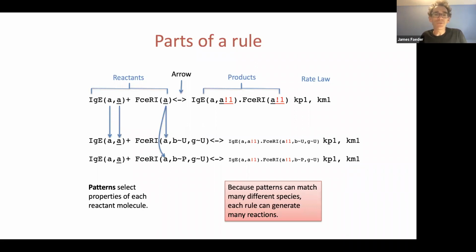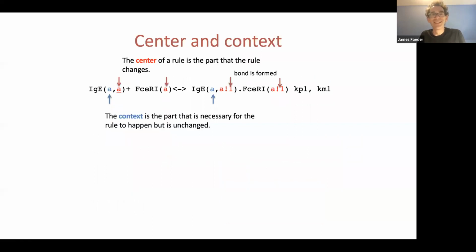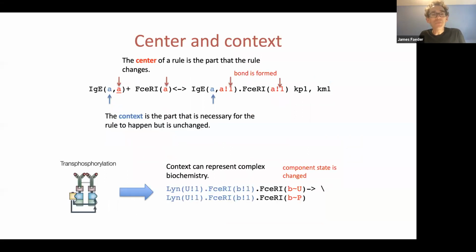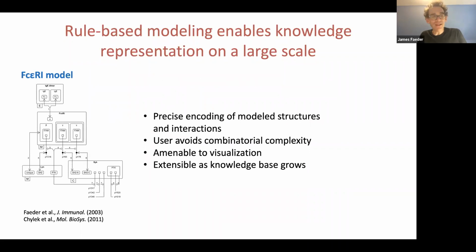I would encourage you to look at it, and if you're curious how this really works, the original paper, the JI paper, the reference is somewhere in the model file or on the website pretty close at hand. It goes through all the gory details of where all the species and reactions come from. Once upon a time, I worked all of that out. So I think we'll skip the rest of this terminology, and I will